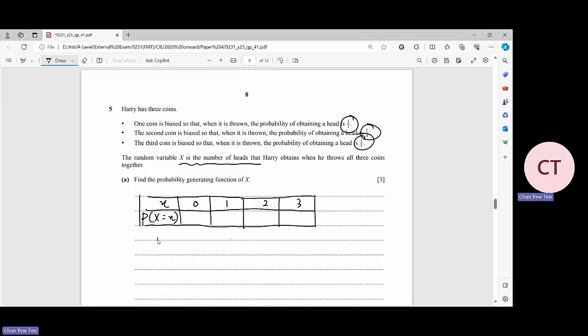So we need to calculate the probability for each and every one of them. So for x equal to 0, none of the coins will obtain head. That means all the 3 coins are tails, it will be 2/3, multiply 3/4,